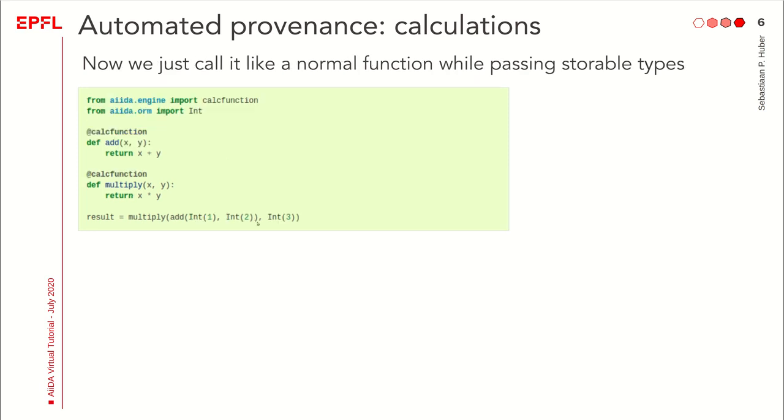The only thing that we have to change now is when calling it, that the input nodes, or the input data if you will, these integers have to be passed as storable data types. And to do this, since they're integers, we wrap them into this Int class, this Int data type, that you can import from aiida.orm. So now when we call this,